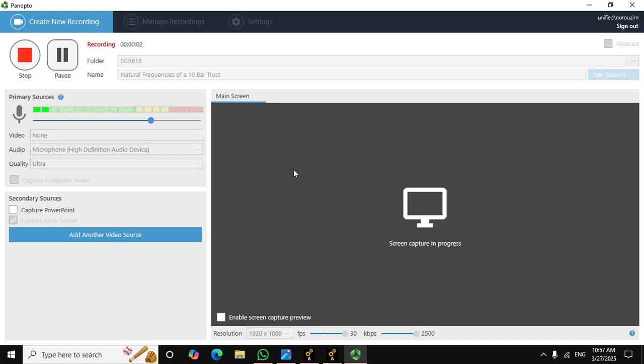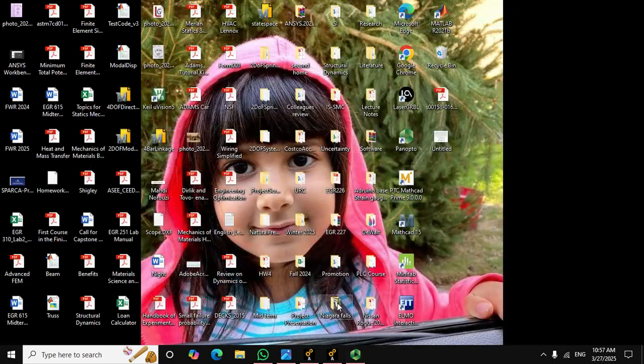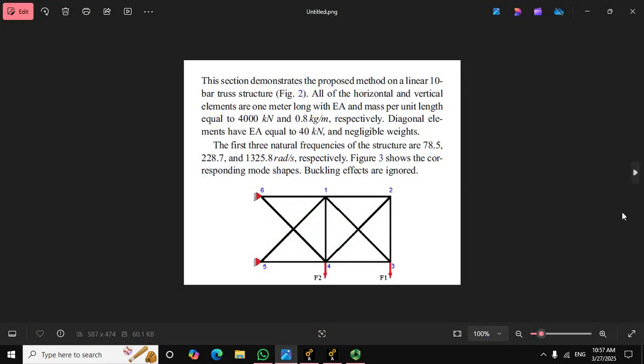Alright, in this video I'm going to show you how to find natural frequencies of a truss, a 10 bar truss, as you see here. This truss has 10 members, and horizontal and vertical members are 1 meter long,